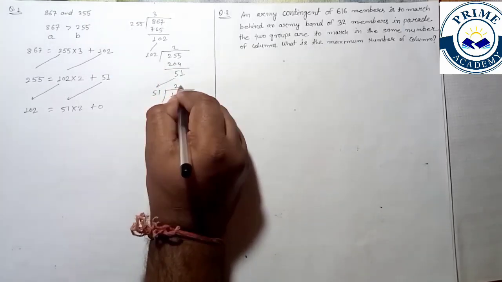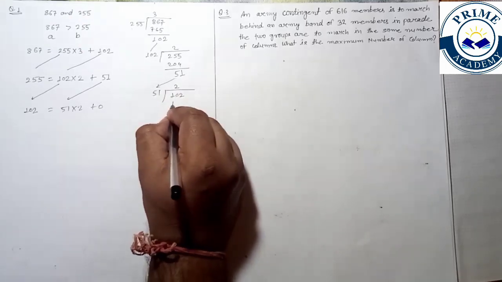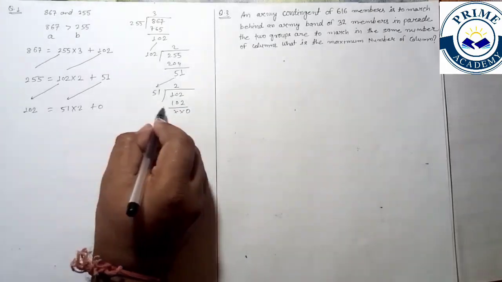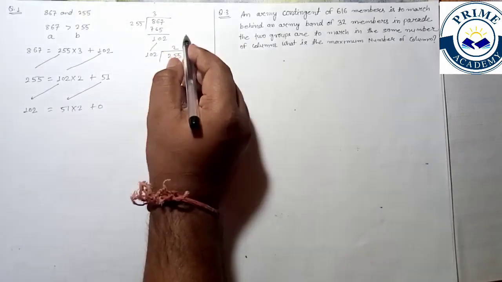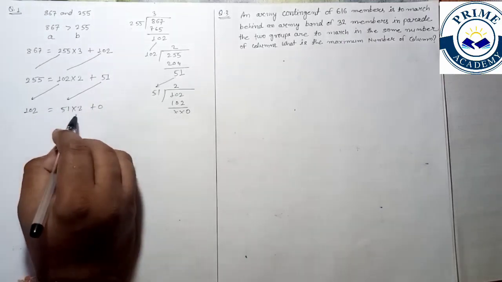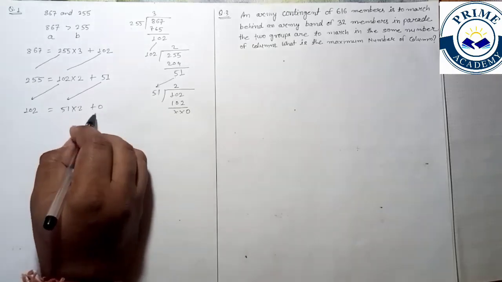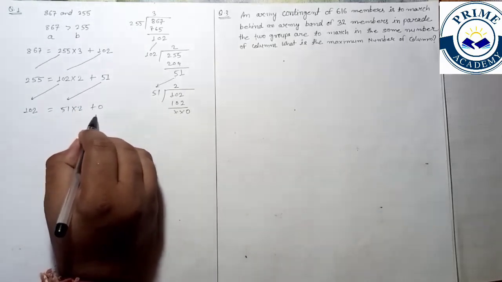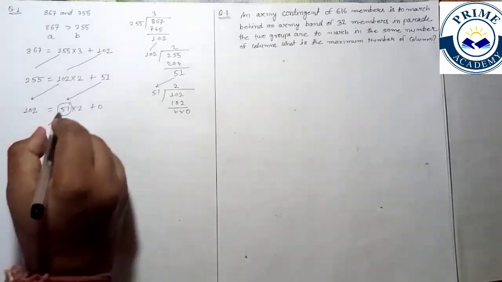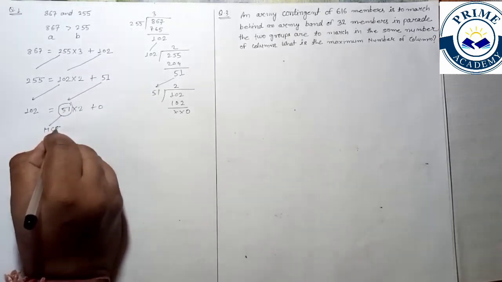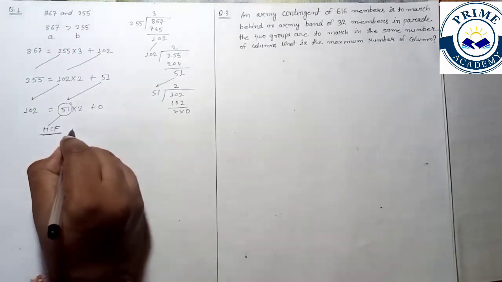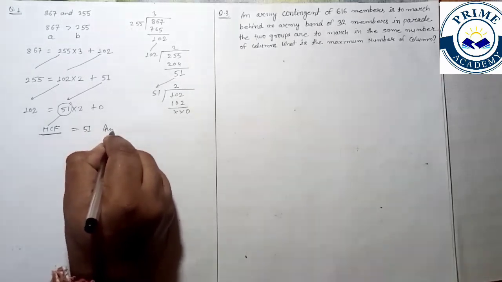So just take 2 over here, 51 times 2 is 102, so the remainder will be 0. Again, you can see over here I am dividing using the primary level and substituting in the Euclid division lemma. When the remainder becomes 0, you should stop here, and this 51 becomes your HCF. That's all. So the HCF of these two numbers will be 51, that will be the right answer, right?